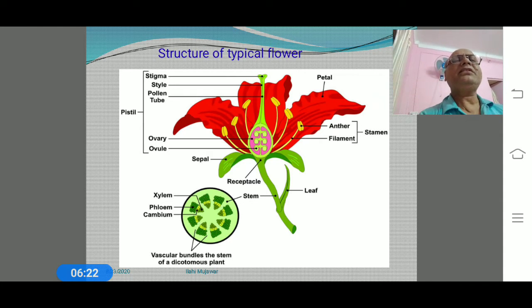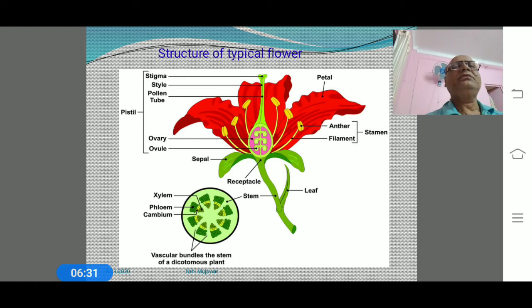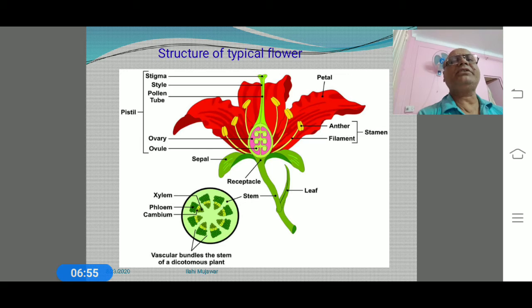Then the next one is androecium. Androecium is constituted of the stamens, including filament and the anther. Then the central portion is the gynoecium, and gynoecium is also named as a pistil. It has three constituent parts, basally a globular